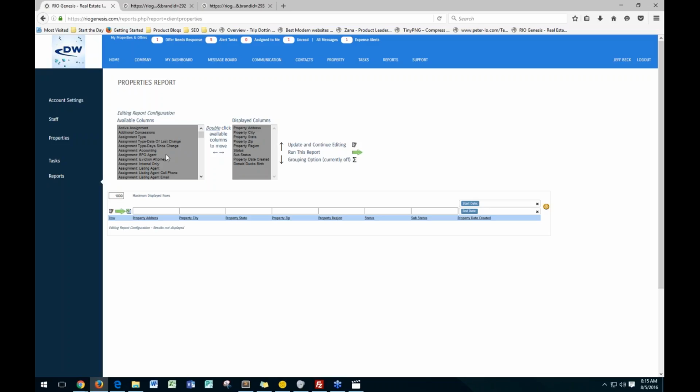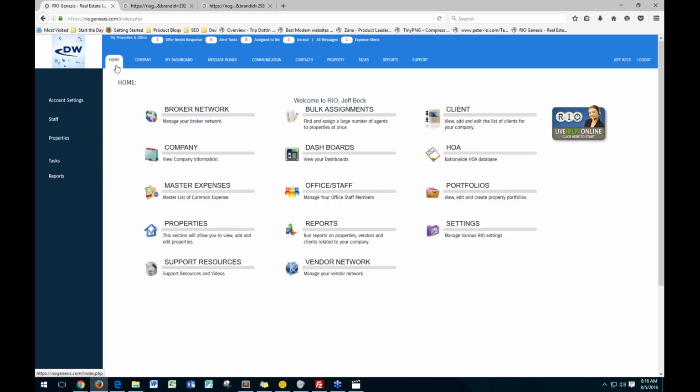So it's pretty cool. You just saw me in 5 minutes create a field, attach it to the property, so now you can pull data from that field. And that's an example of the manner in which RIO is kind of Salesforce-y, to where you can easily make